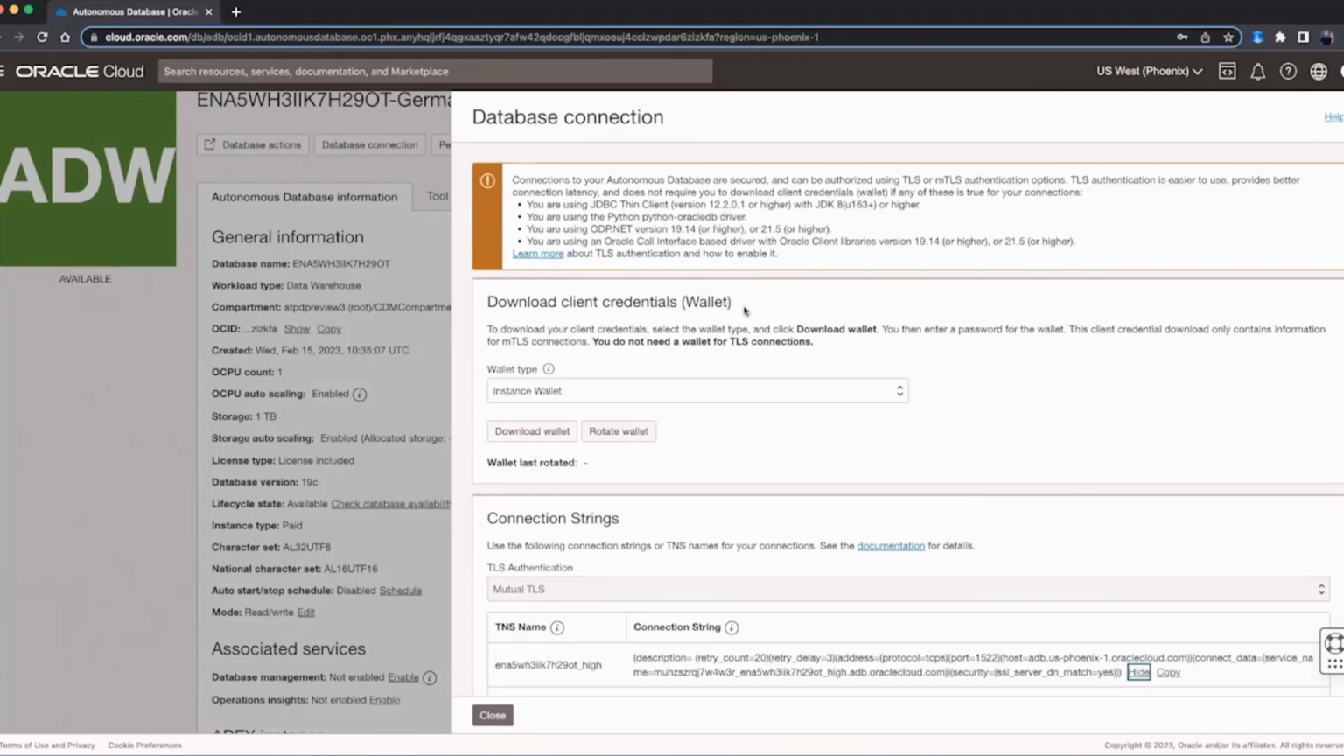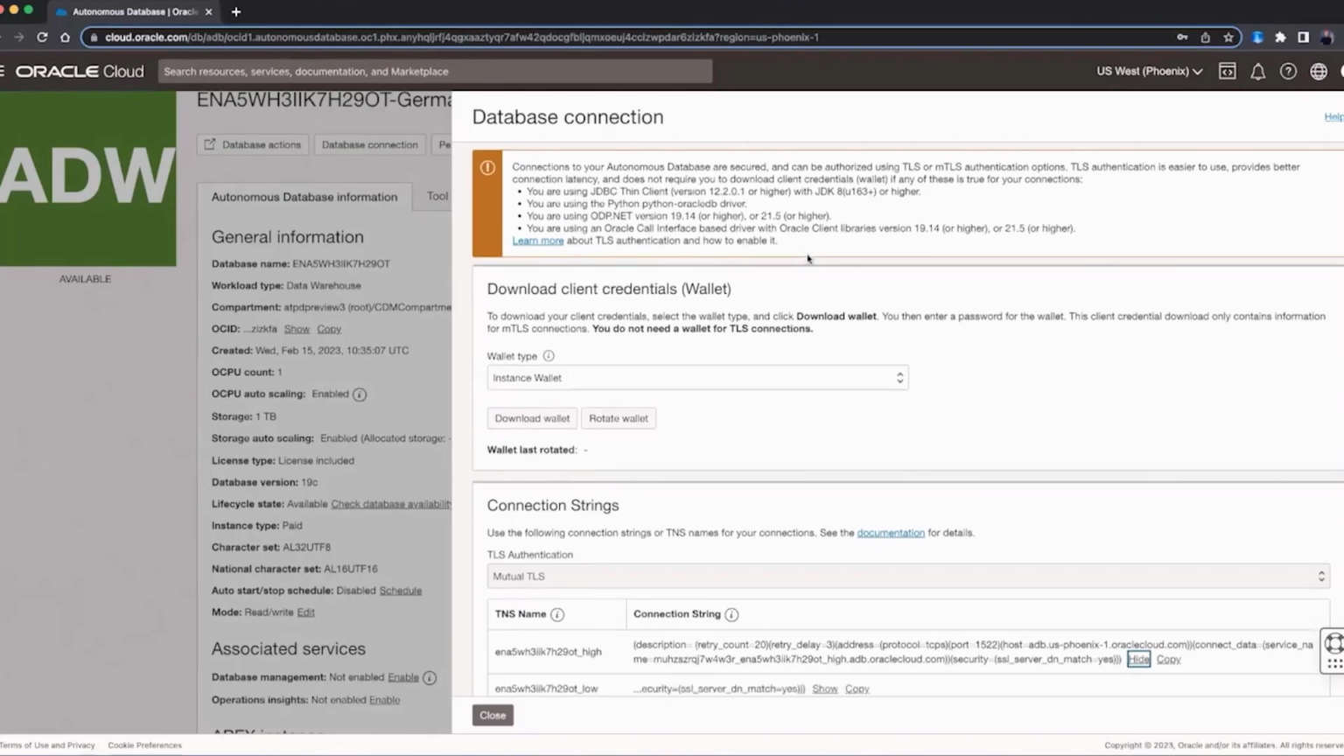So there's something I'm going to show you in a bit, where there are different options for you to connect to the database now that we have provisioned it. All right. So I'm going to show you